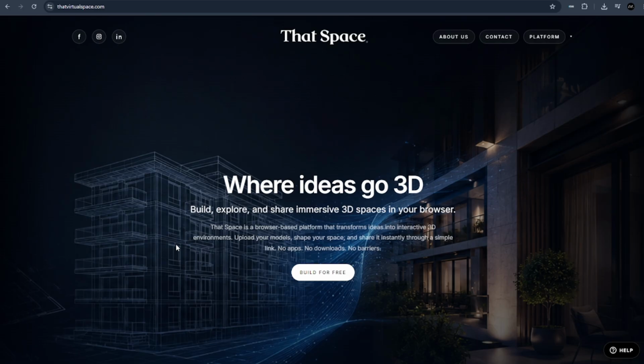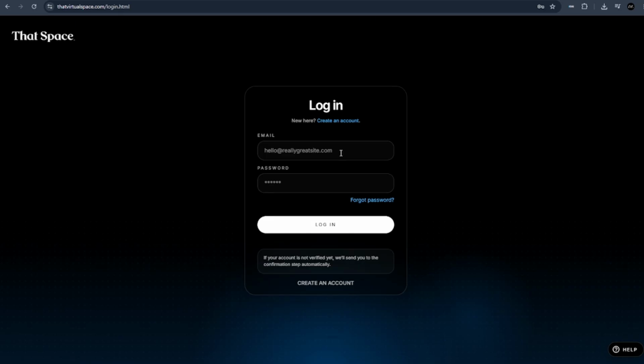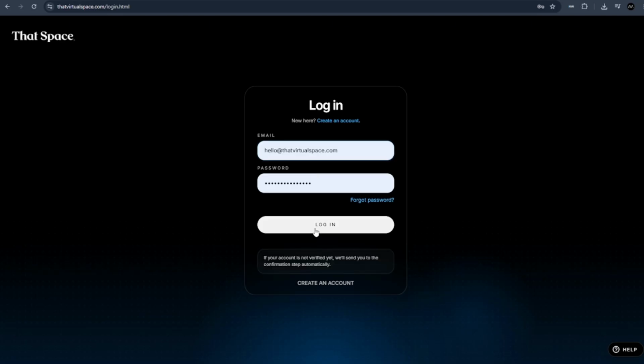So what we can see here is our website. Now if you want to log in and have a little go with the platform, all you have to do is go up to platform, scroll down to login. When you click login, you'll be asked to create an account, but it's completely free to do so. So I'll show you me logging in. So you can see here, once I've logged in,